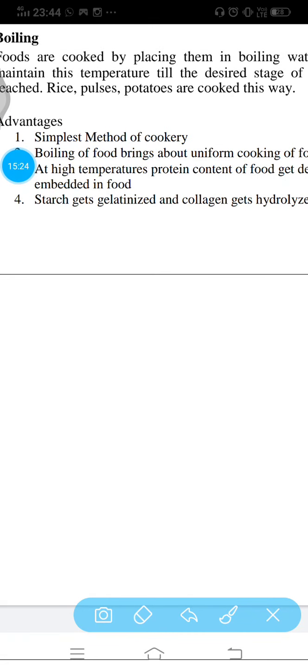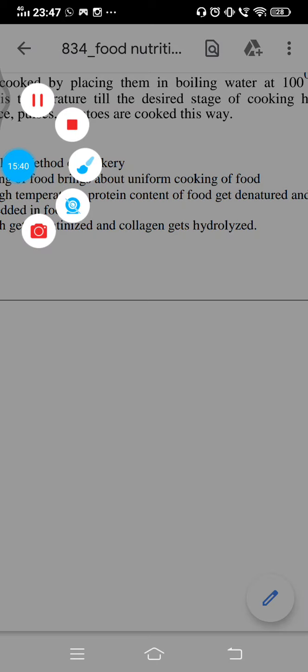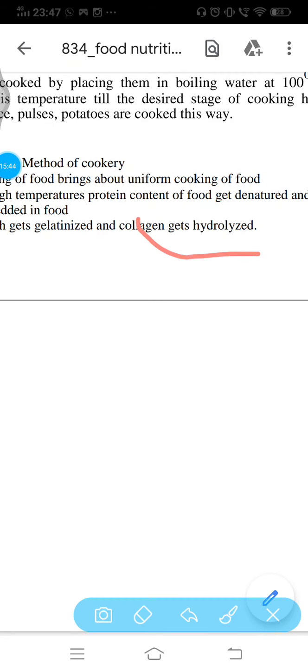Whatsoever starch is present inside that, it gets gelatinized, it becomes like gelatin, and the collagen which is present inside the foodstuff, that gets hydrolyzed. Here hydrolyzed collagen means that the collagen present inside the food becomes easily digestible, and it is the source of amino acid.